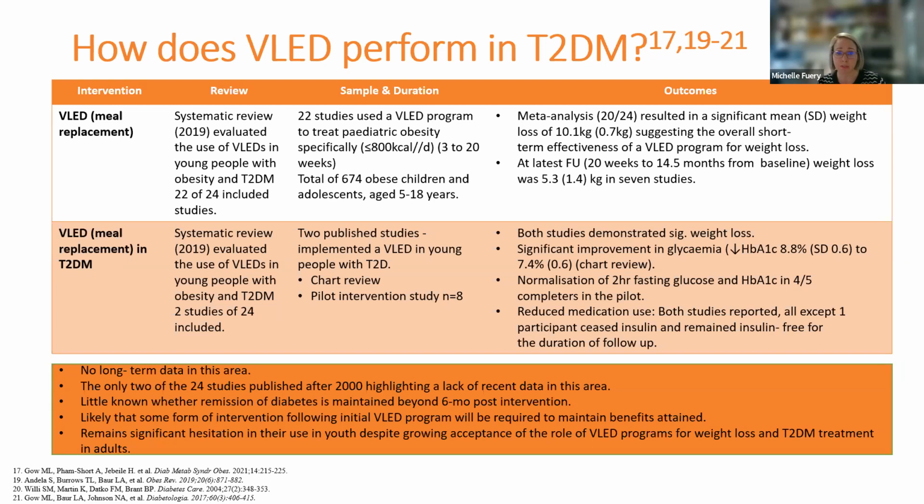Now, both studies demonstrated significant weight loss, significant improvement in glycemia with an HbA1c of 8.8% down to 7.4. They demonstrated normalization of 2-hour fasting glucose and HbA1c in 4 out of the 5 completers in the pilot, and reduced medication use. Both studies reported that all except one participant ceased insulin and remained insulin-free for the duration of the follow-up. And that particular person had diabetes for a duration of roughly 3.25 years. So this highlights that the very low energy diet program is an effective intervention for weight loss, and it may be a feasible alternative treatment for young people